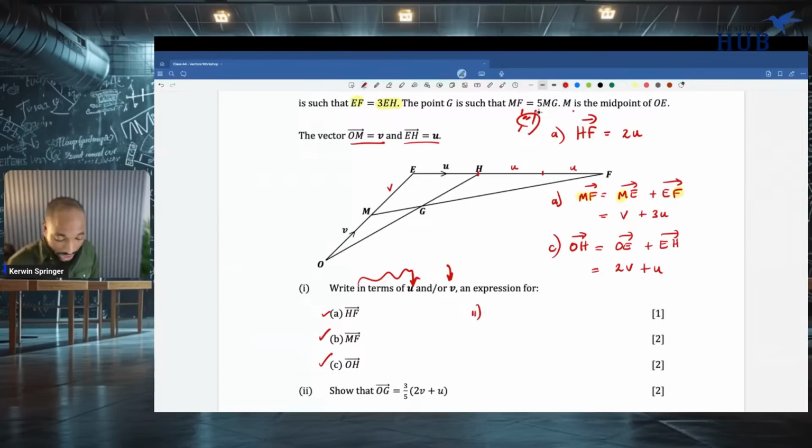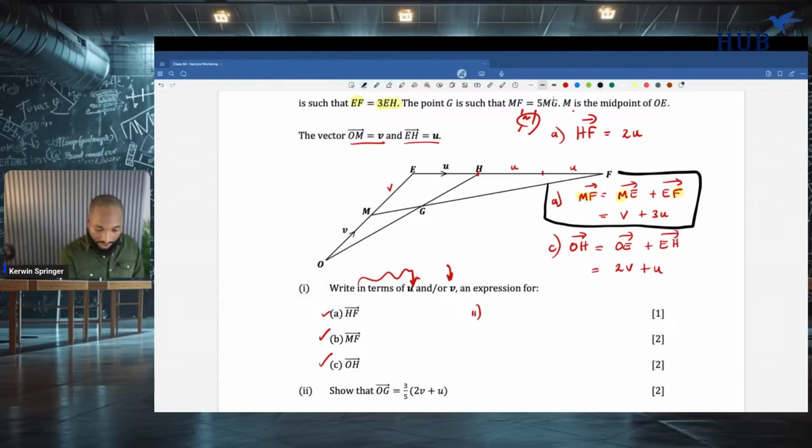Class, we worked out MF. It's right here. Let's put that in a box. It looks important. So MF is 5 times MG. They gave us that for a reason, and here's the reason. We're trying to get OG. If I can get MG, I already know OM. So I'll combine OM and MG together to get OG. How many of you all seeing the vision? Are you seeing the vision? So now our only goal is to get MG, and then we go forward.